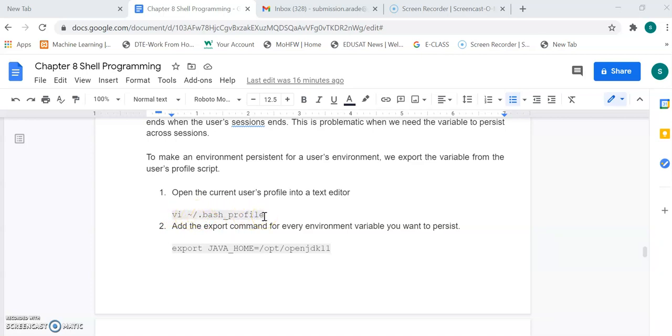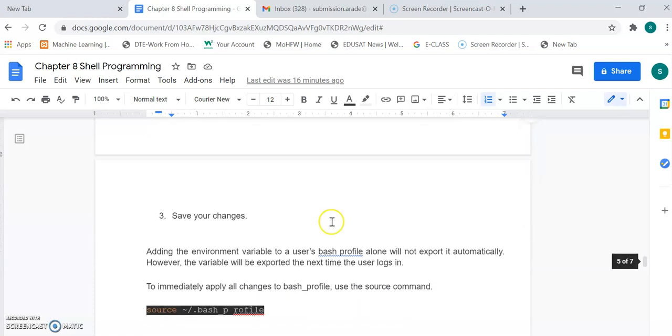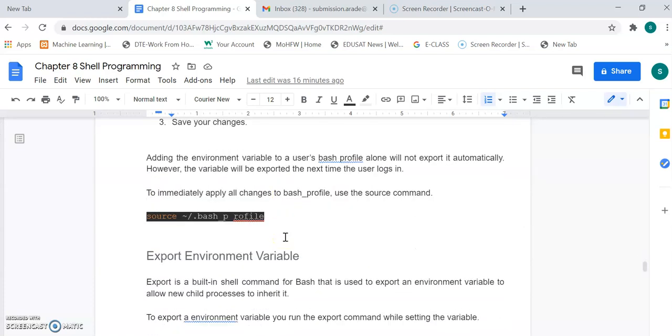This is a system file. Open this file and write at the end of the file: export JAVA_HOME equals the actual path of that particular working directory, /opt/openjdk. Save changes and save that file.